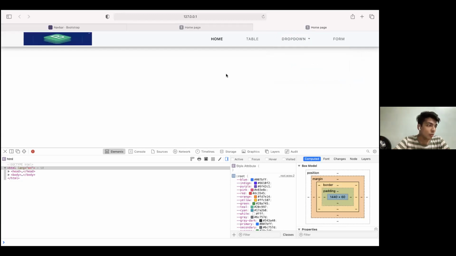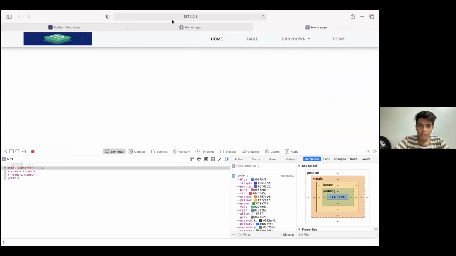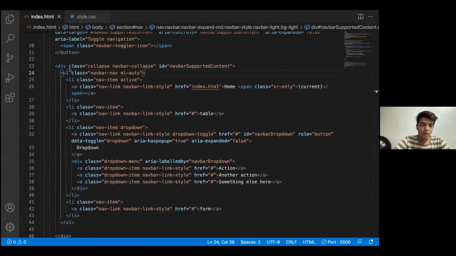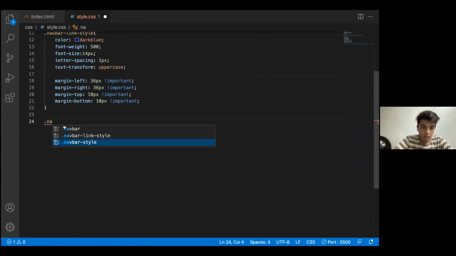So I'll be going to my drop down menu now, and I'll be styling some of the things to it. Or let's not go to that drop down menu and style it out. We are actually running a bit late in time. So I'll just be styling out the navbar and shifting to something else. Okay, so now what we have to style is my nav link, and I want to change the color when it hovers.